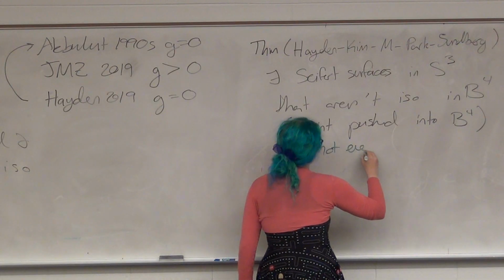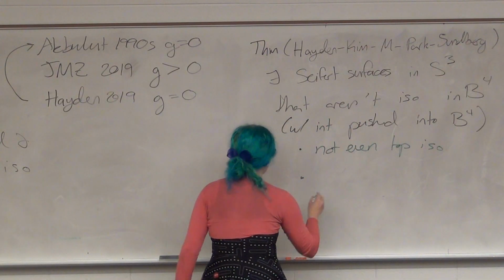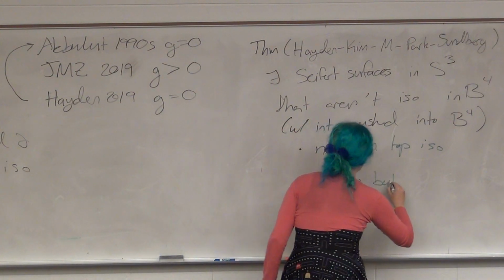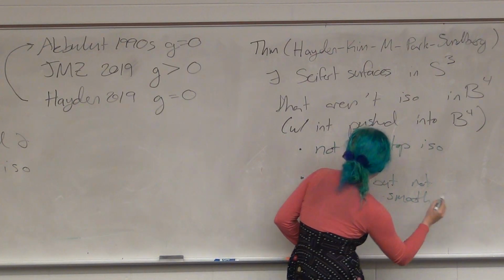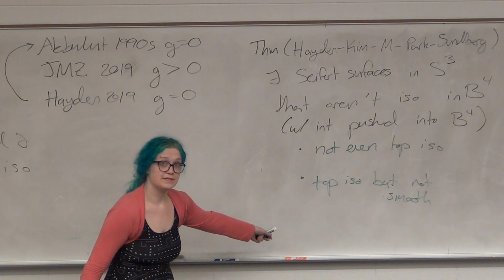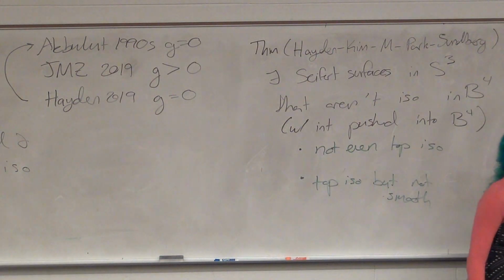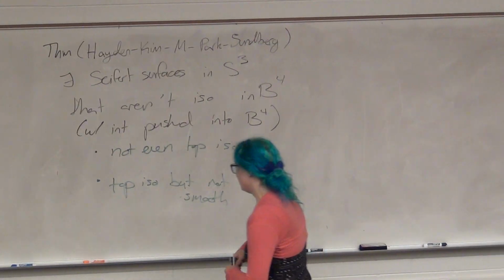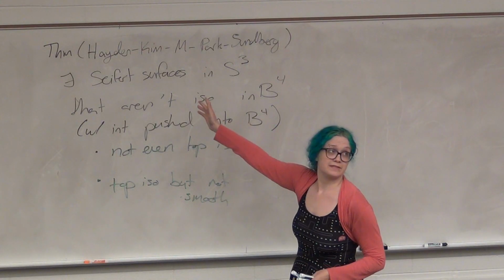Even topologically isotopic. And we also find examples that are topologically isotopic but not smooth. And when I say we make lots of examples, we give lots of pairs of Seifert surfaces. We also give infinite families of Seifert surfaces, two, I guess. But the difference between those, and I'm going to tell you an example of one of these pairs of surfaces